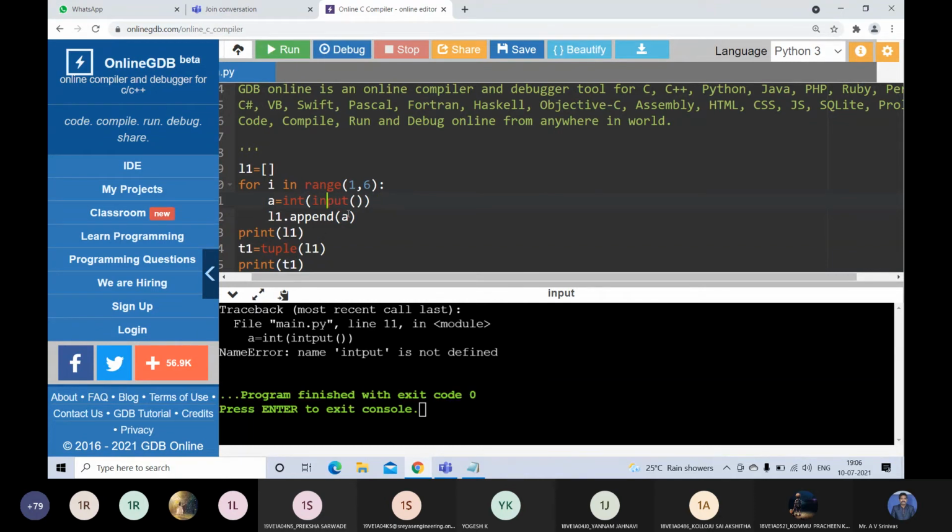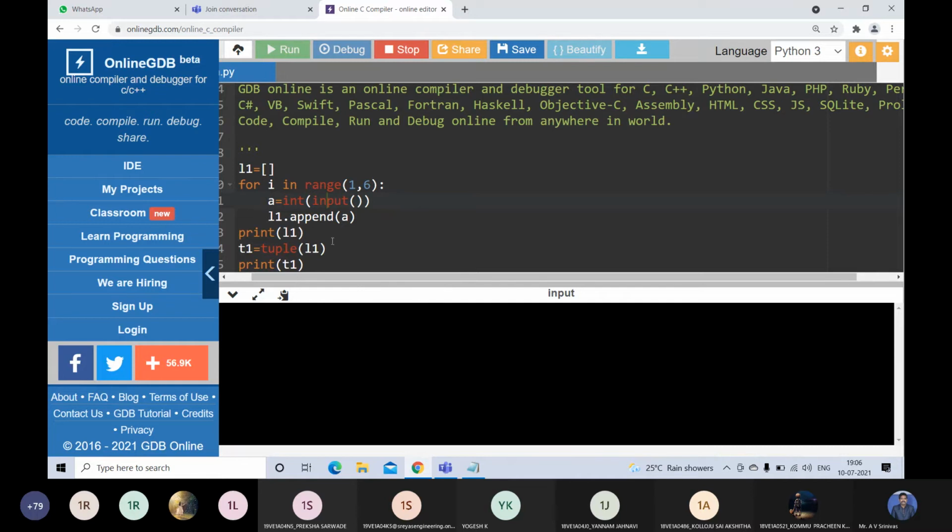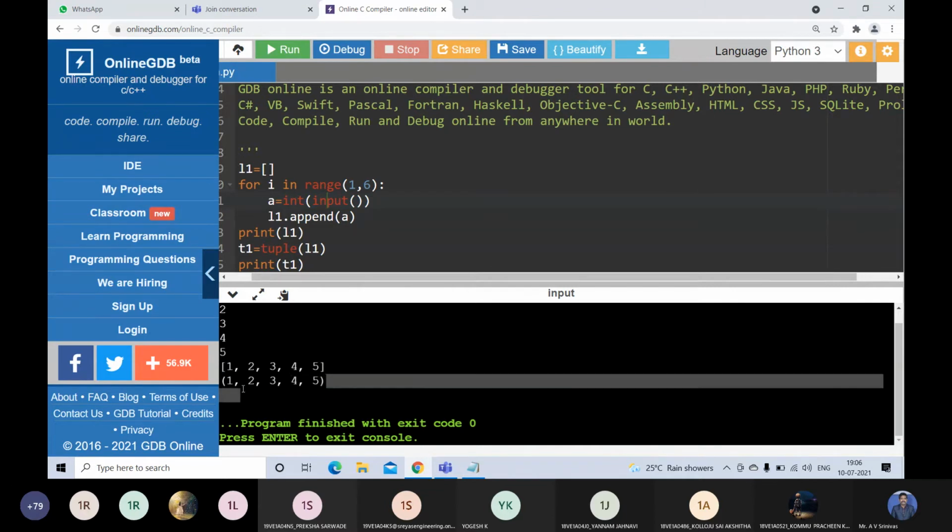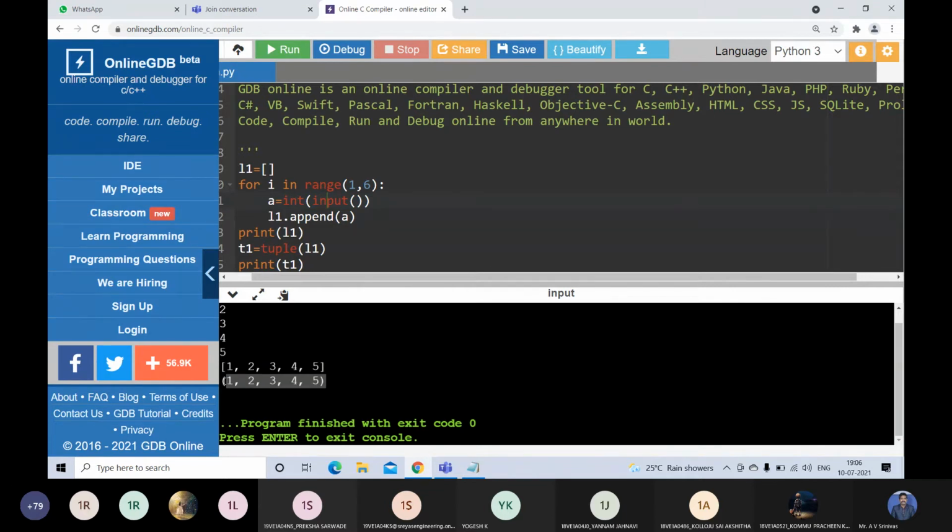Sorry, there is a mistake with the input there. If you enter the values, suppose I am giving 1, 2, 3, 4, 5. See here, first one is the list, second one is the tuple. That means directly we cannot modify the tuple, but you can convert the list into a tuple by using this tuple function or tuple method.